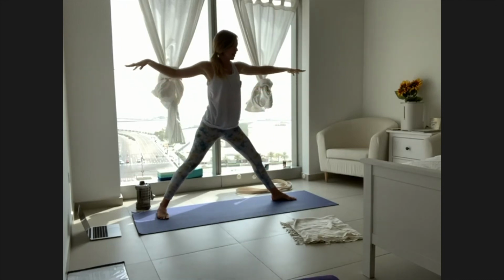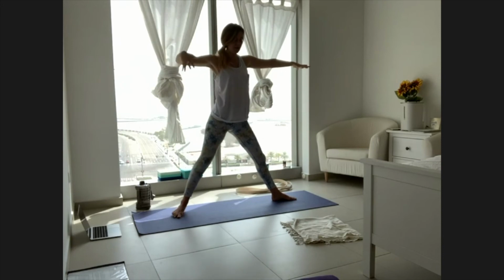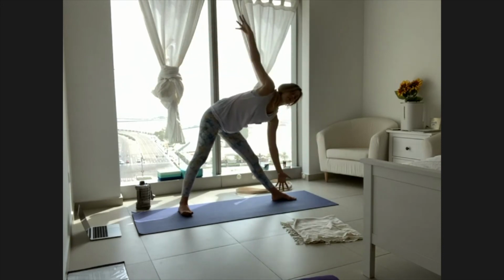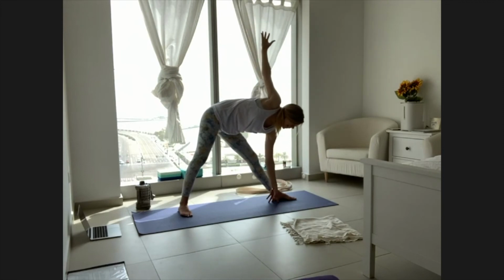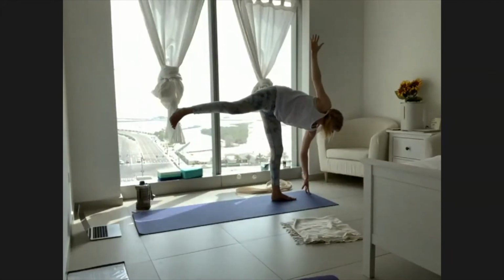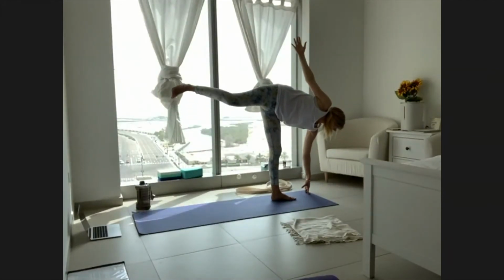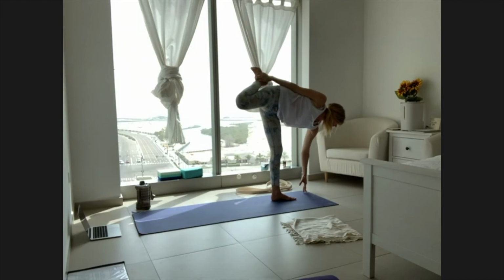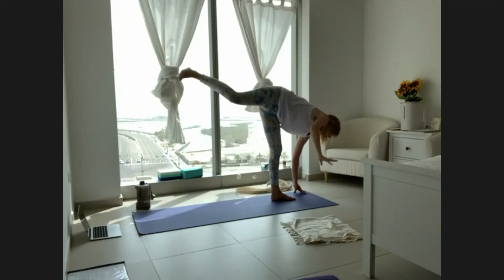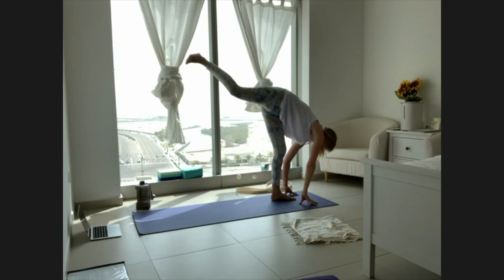Lengthen through the left leg, walk your right foot in. Hinge forward, reach forward. Left arm alongside your left leg. And then shift weight onto your left foot and left fingertips, Ardha Chandrasana. And maybe you kick the heel towards the bottom. And then release your grip, land your right fingertips, standing splits, lift your right leg up, 3, 2, and then